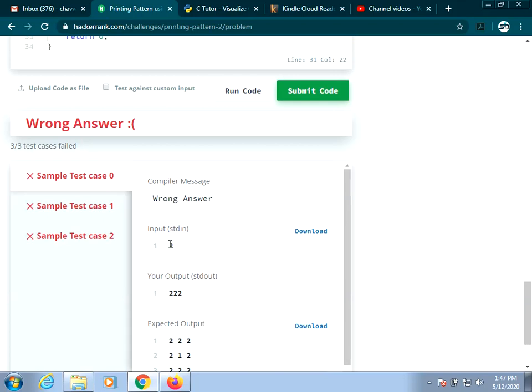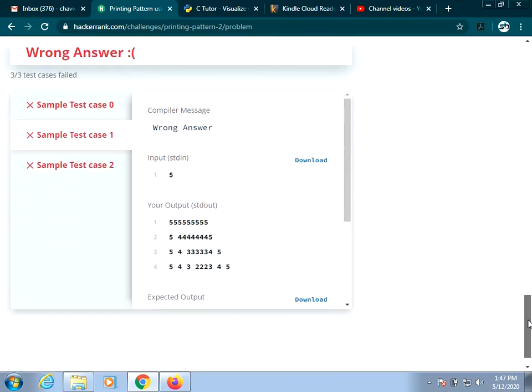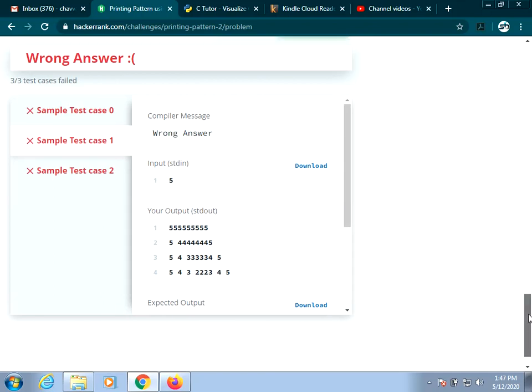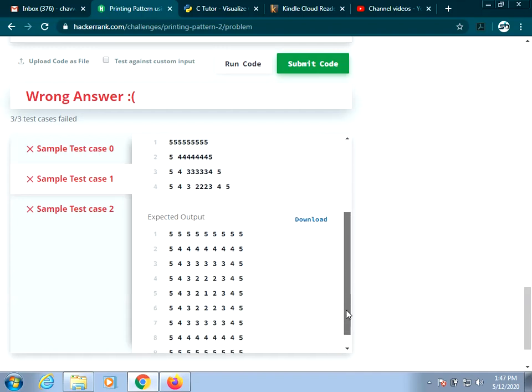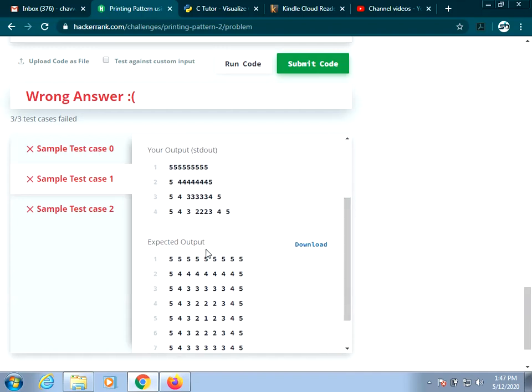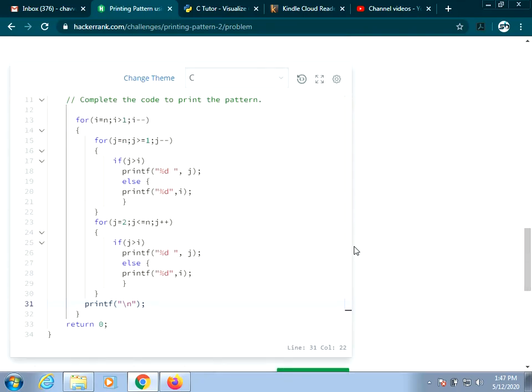So if you see, when n is equal to 2 it will print only the first line, and when n is equal to 5 it is printing the first line, second line, third line. Actually your output should be very long, but it is printing only the first 3 lines.